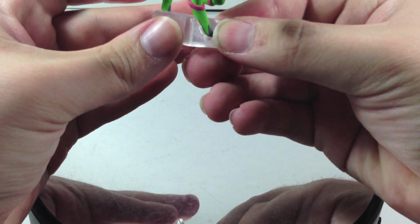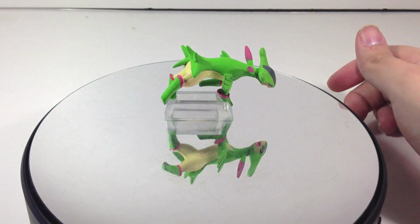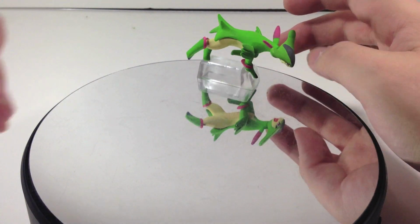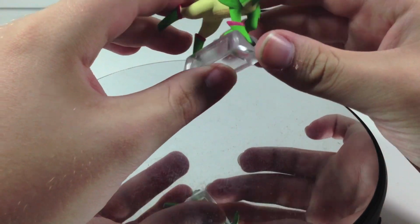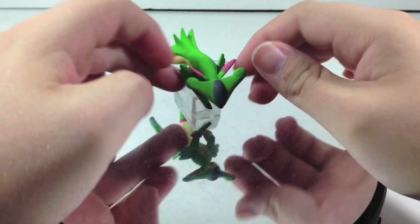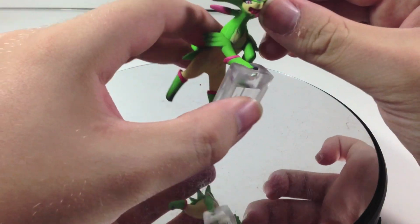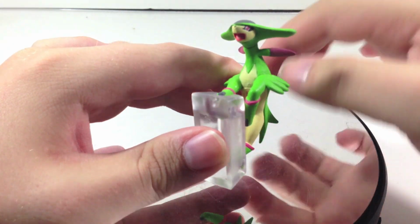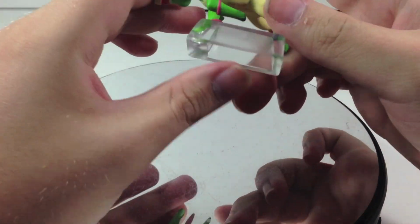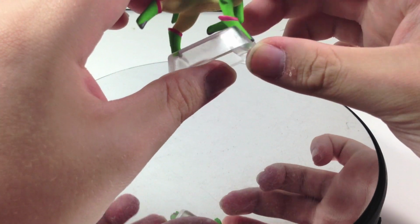So that paw, hoof, whatever, goes in here, and then this one just kind of sticks in there as a bracer, because otherwise the figure can't stand, obviously, because one leg is dangling in the air. Kind of looks like it's trying to take a whiz. But we'll call this Zukan peeing Virizion. But details are nice. Like I said, the face sculpt is funny, but all the painted details are done really well, and it's really accurate to Virizion's actual game model, so...